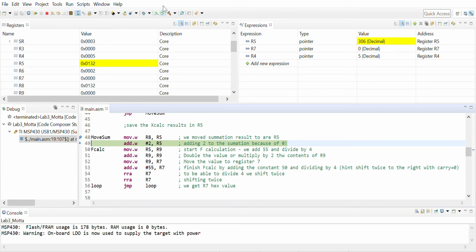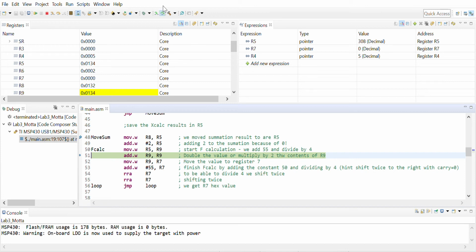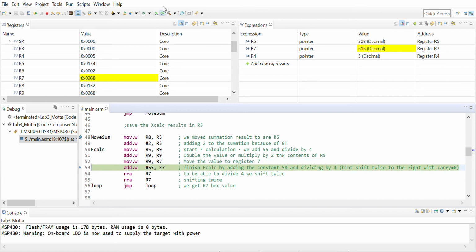And in this part of the program, it's going to start doing the F calculation, where we have to add 55 divided by 4. So there I'm moving the contents of the register 5 to register 9. Then in here it's going to double the value that was in R9, and here it's going to move the value of R9 to R7, and now it's going to add 55 to the register 7,